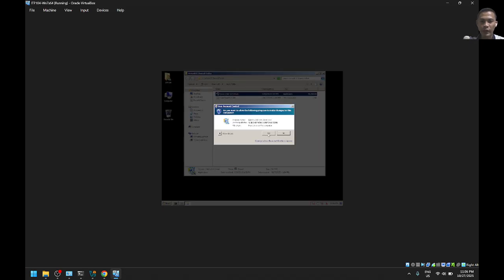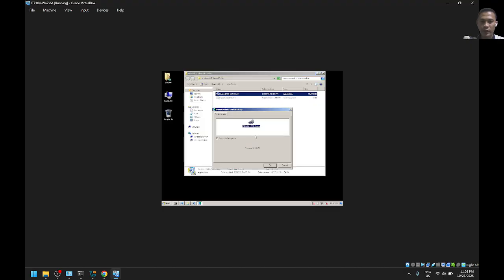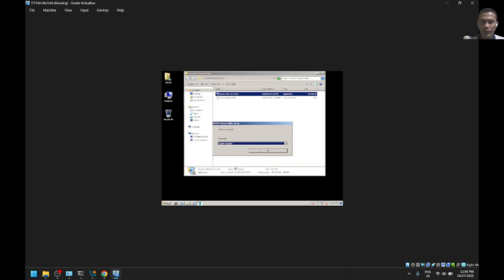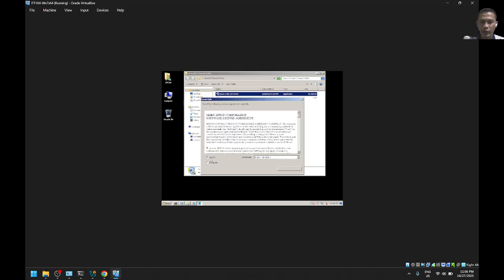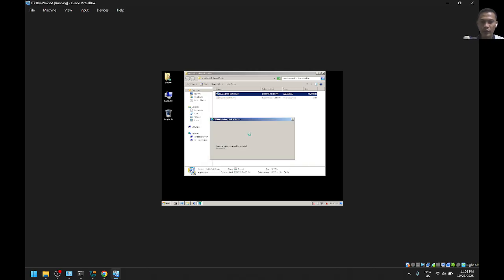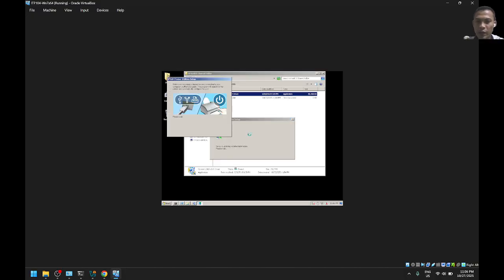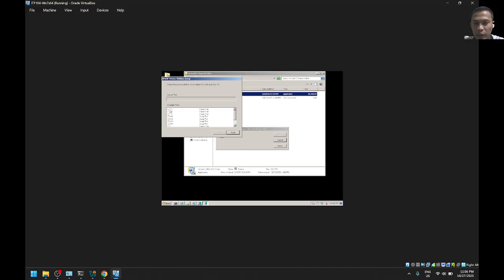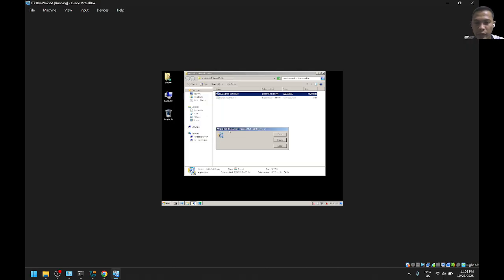So double click, hit yes, then okay, okay, agree, okay. So in this part, we do not have any physical printers, so we'll wait for this window to appear and then click the manual button, select any available port. So I just select the first on the list and hit OK, and then successful.